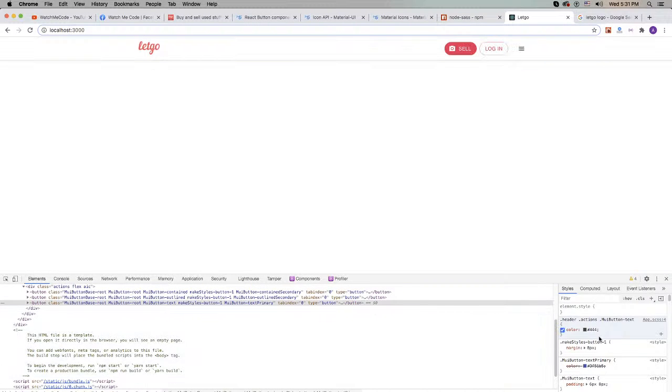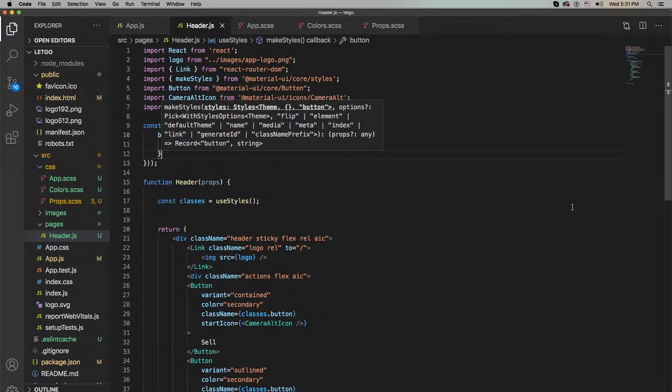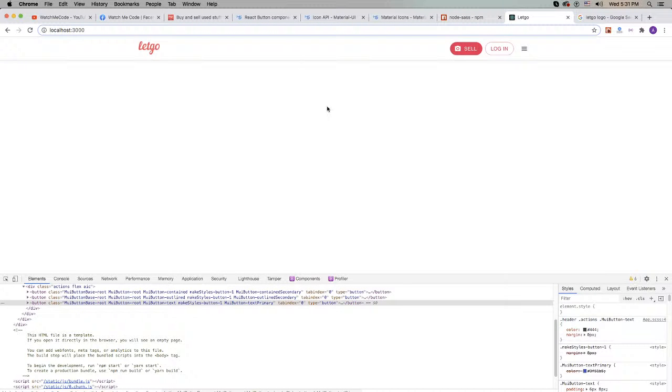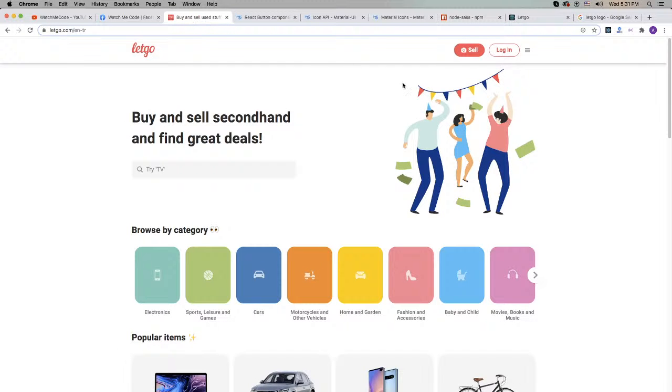And we need to change its font size to, it has margin to 0 pixels. Just change its margin to 0 pixels. Here we go. Okay, we have this nice color thing,